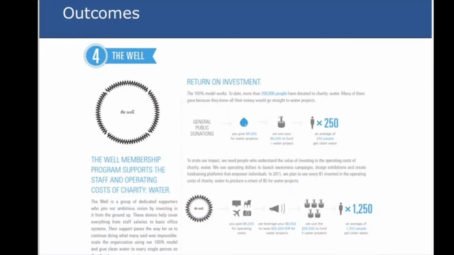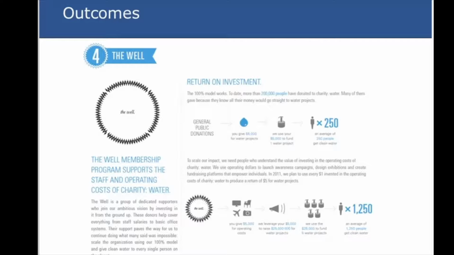They further go on to talk about the return on investment. Return on investment kinds of analysis are still output, but they are in a transitionary place between output and outcome. Here, for example, in the general public donations, what they talk about in terms of the return on investment is